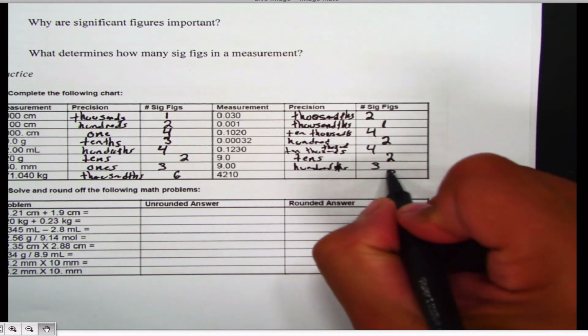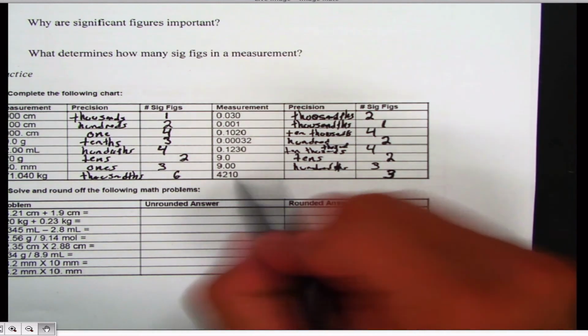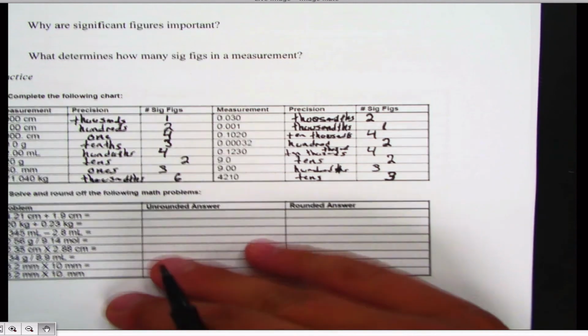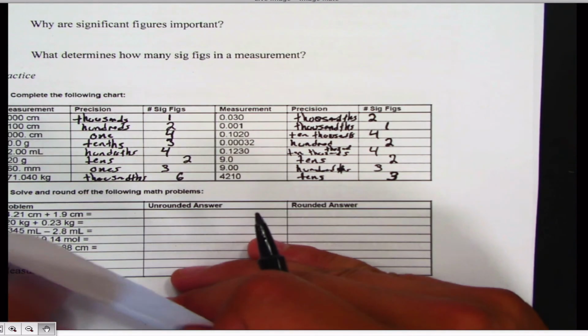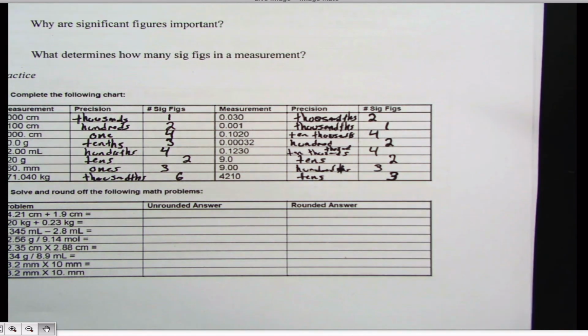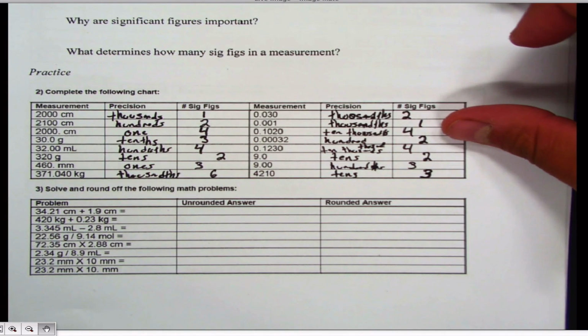And that's measured to the tens. All right, so tens, not tenths. So there you go. There's how to identify. There's some practice. You'll get some more practice in class. All right, but there's a general